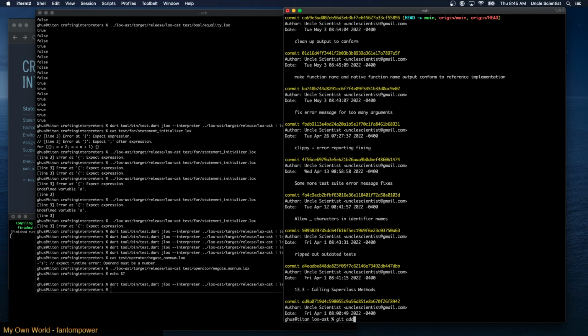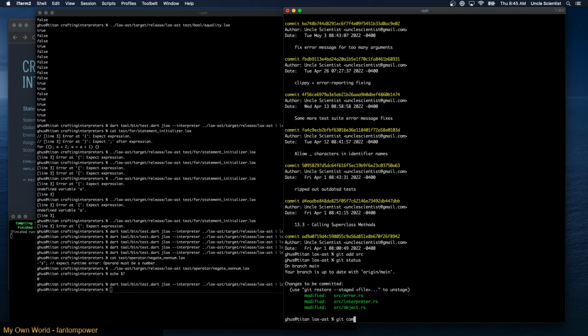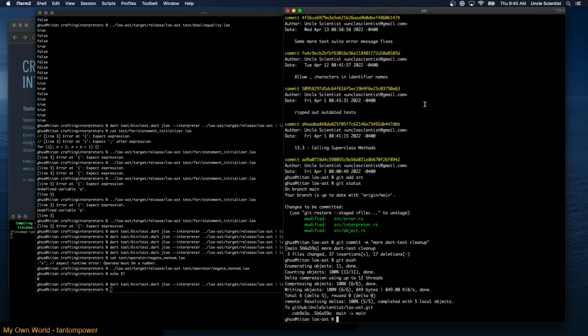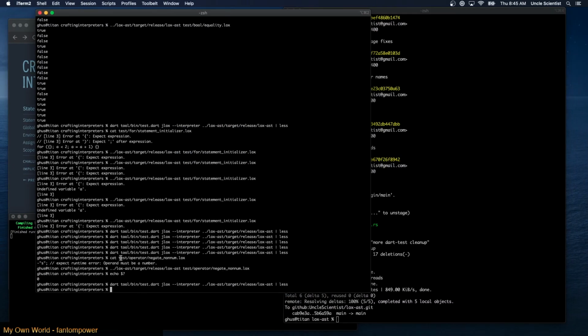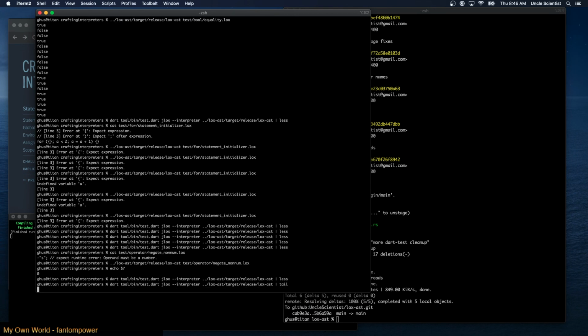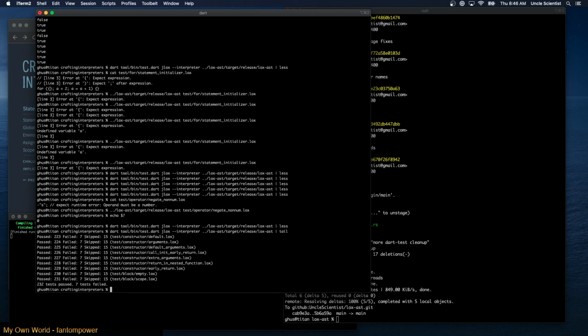Git add source. Git commit -m more Dart test cleanup. Let's push that. I pushed the other one, right? Yeah. Okay. So we're good. So tomorrow we'll start with closures, and then maybe hopefully get the last of the errors cleaned up on this guy.